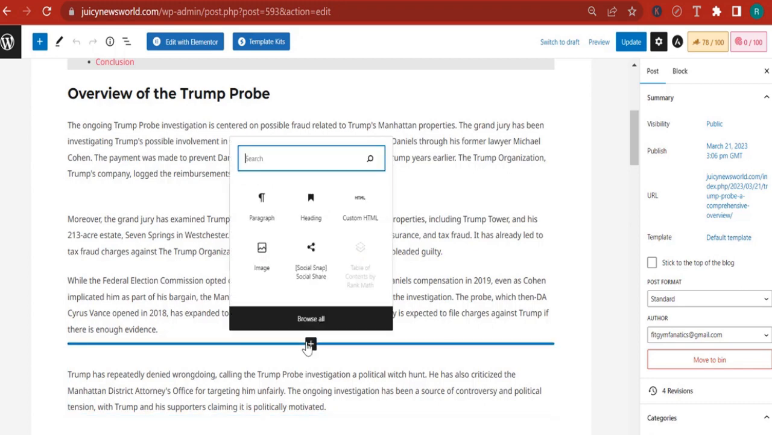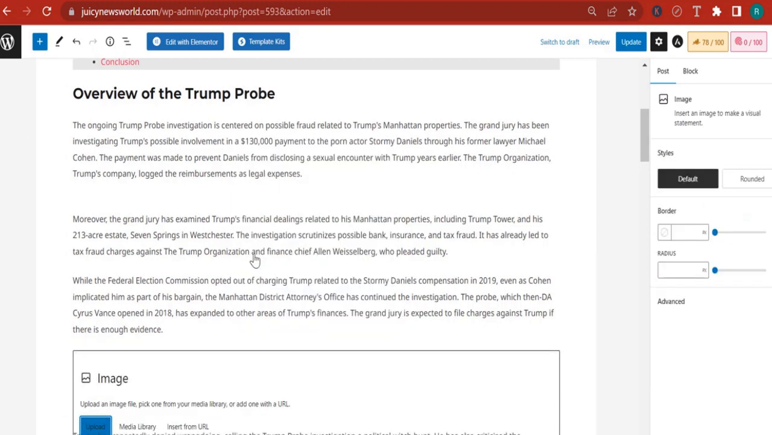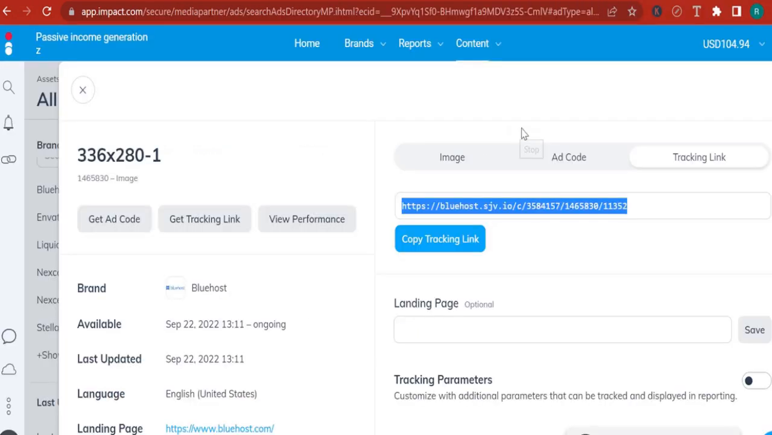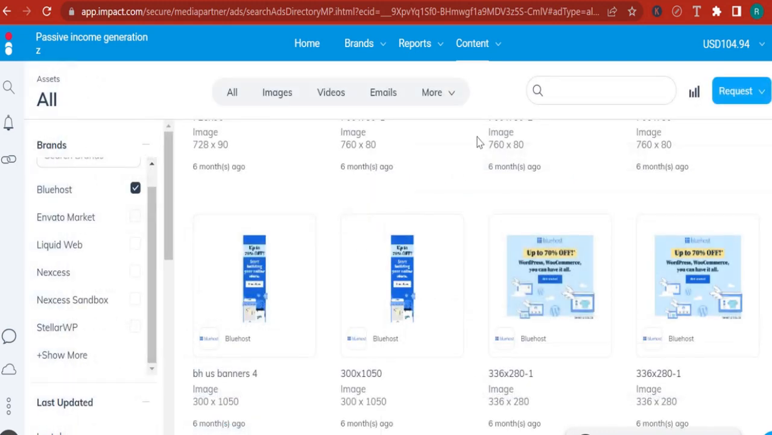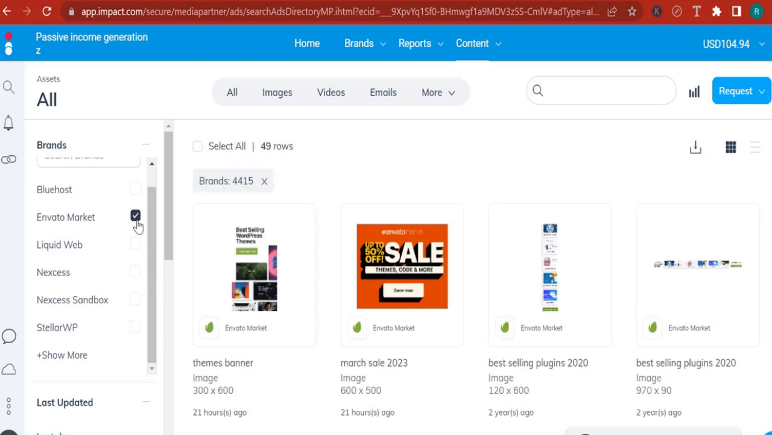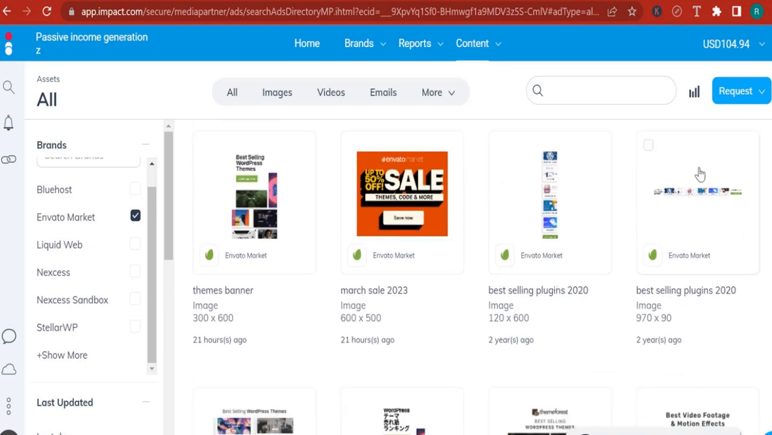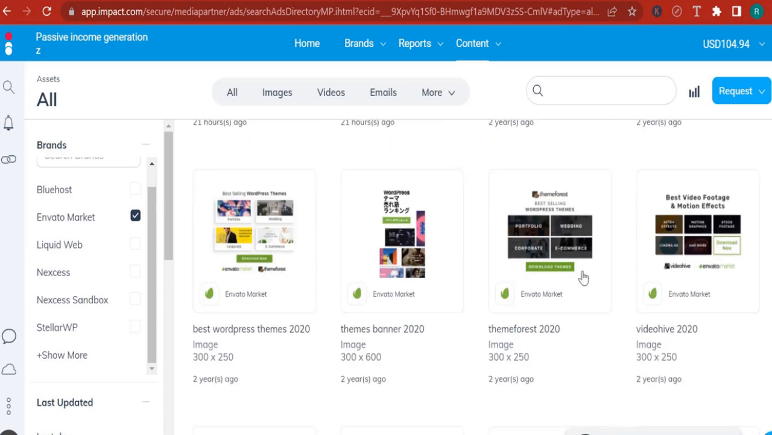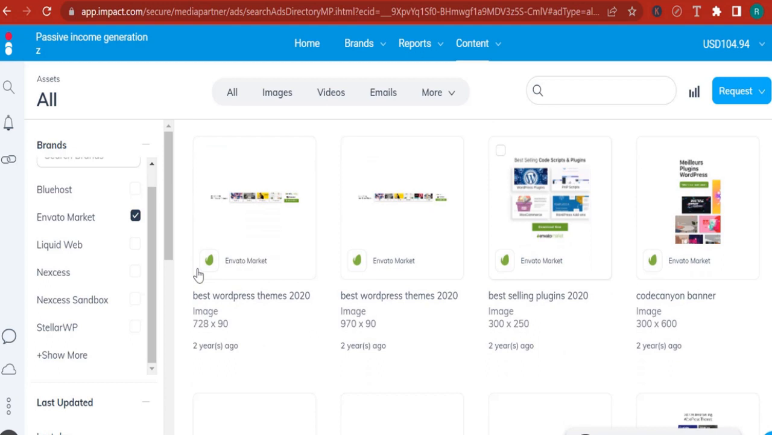I can click the plus button over here, go to images. Now I have an image. So I can go back to App Impact, which is where I have most of my ads because I'm affiliated with a lot of online companies. And you can see here on the left-hand side, these companies. So let me go, for example, and say that I'm going to promote Envato Market. So here we have a bunch of ads. Let me try to find something, this one, for example,